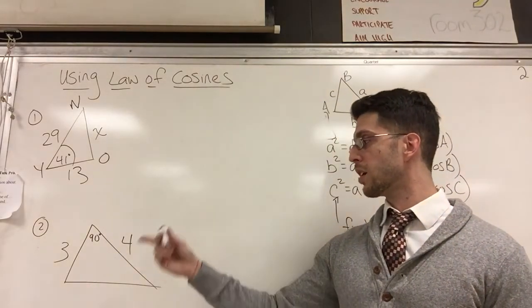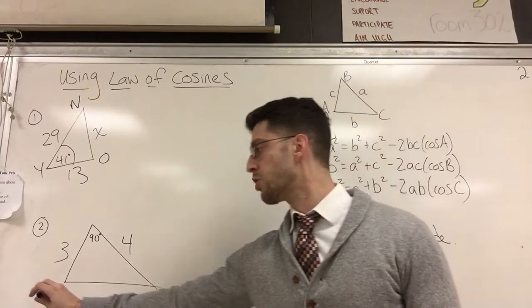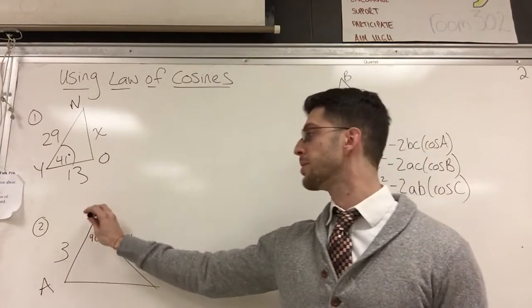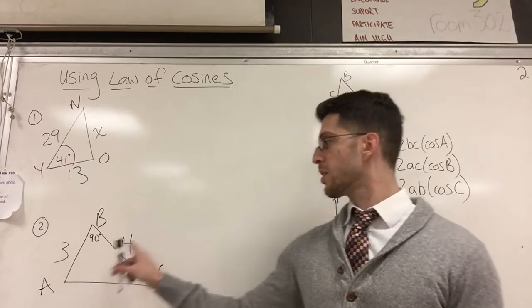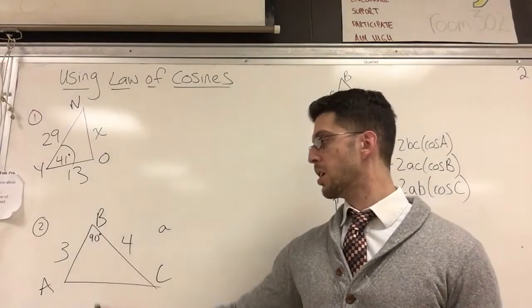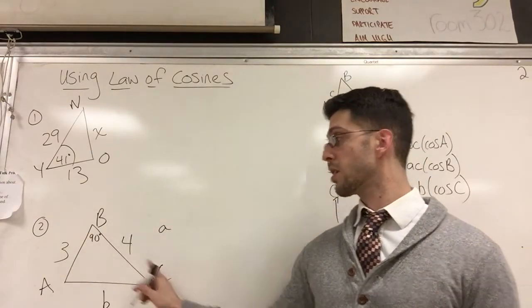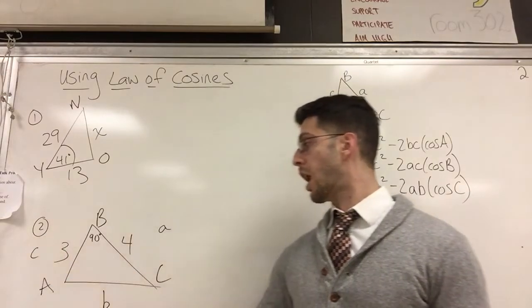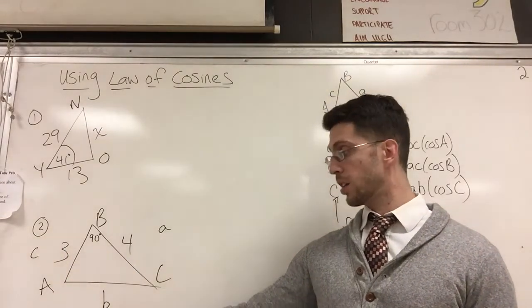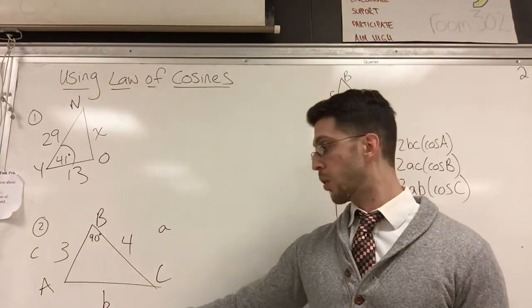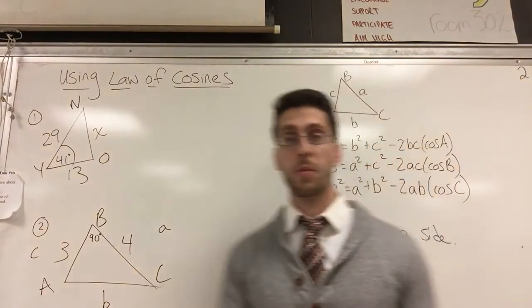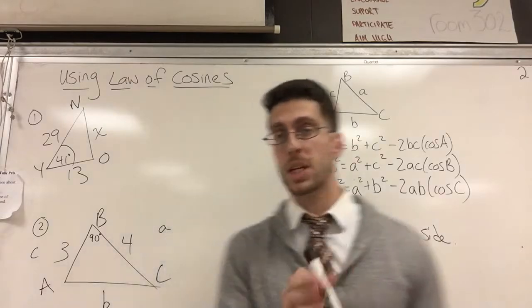So again, let me label the sides. I'll try not to confuse you this time. I'll do ABC. So if this is big A, this is little a. If this is big B, this is little b. If this is big C, this is little c. I'm going to want to find little b, okay? You can put x here or you can just leave it as little b. I want to find little b. So which formula do I use? The one in the middle. B squared